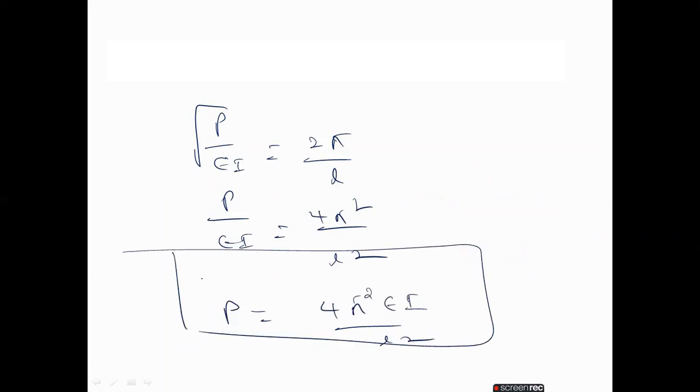This is the equation whatever we got here, the expression for the Euler's formula when both ends of the column are fixed. Okay, when both ends of the column are fixed, the Euler's formula for the P value is 4 pi square EI by L square. This is the condition we discussed till now. The next derivation is the expression for the crippling load when one end of the column is fixed and the other end of the column is hinged support. This is also like previously whatever we discussed, three theorems, same like that only, but we will discuss in detail again for the derivation.